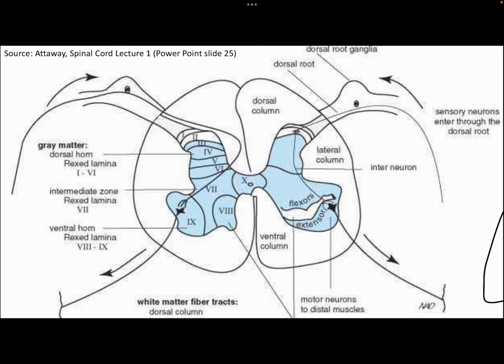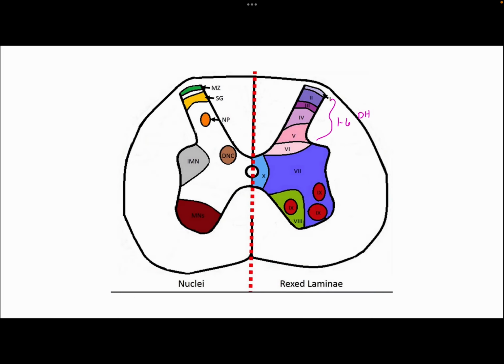So I'm going to be talking about the 10 layers of Rexed laminae, which are based on structure and function. In this image here, we can see the nuclei, which are grouped on location. So I'm going to be doing a little bit of comparison between the two and explain the structure and function